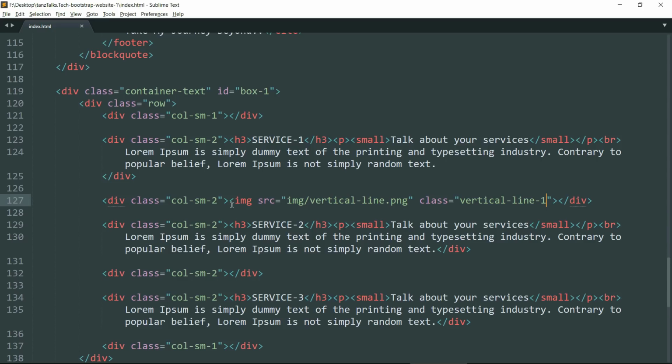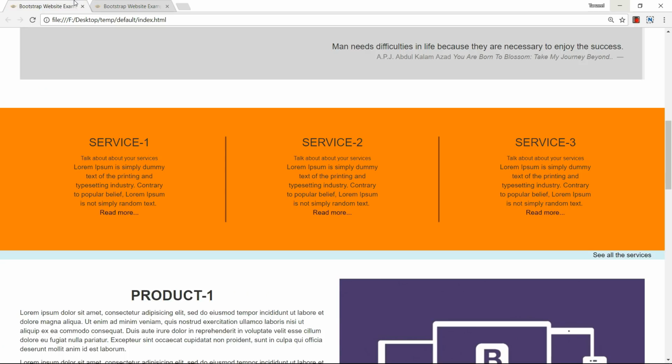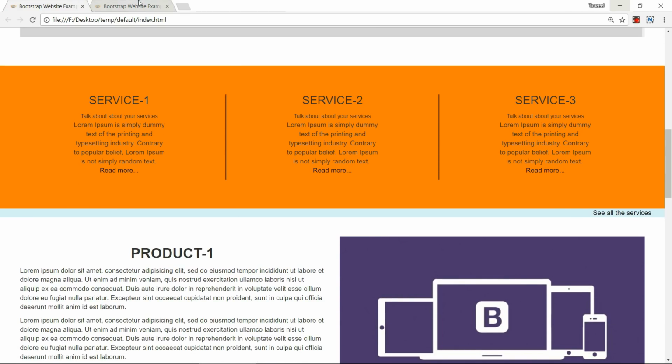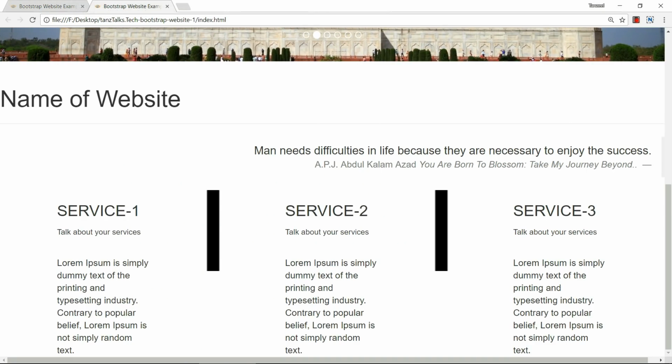Now just copy this and paste it here below the service 2. Save the file, refresh the page. Now we have the lines in between, but still they are pretty thick and big, and we will make it look like the original website using CSS later.